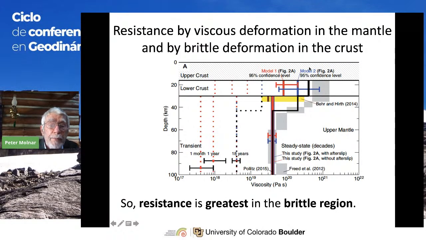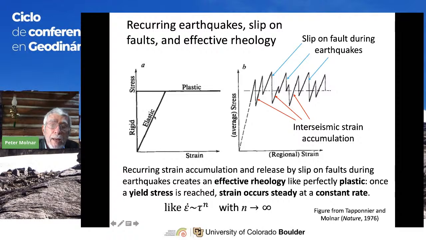And if we take this one step further, as I said, a plastic material, if you raise the stress until you get the stress large enough, there's really no deformation. Once you reach a yield stress, then it flows. So this is strain. If you get to this point, strain just increases. Well, with earthquakes, the stress increases and drops during an earthquake, increases, drops during an earthquake. The background stress stays quite constant.